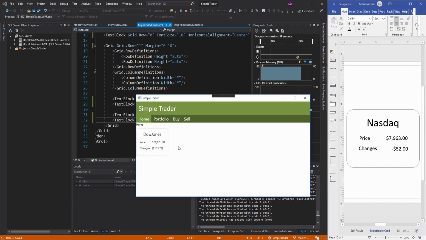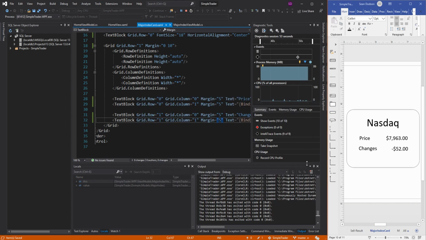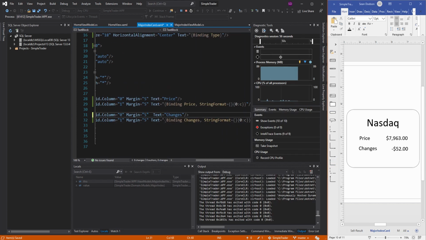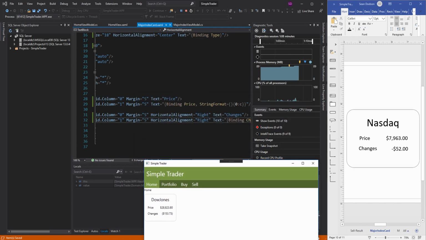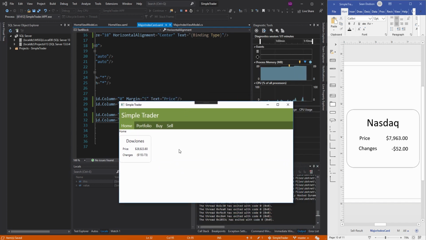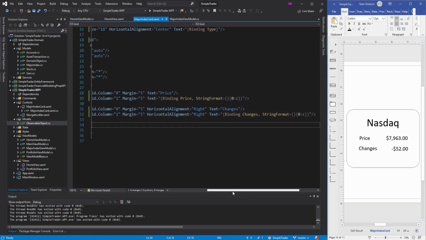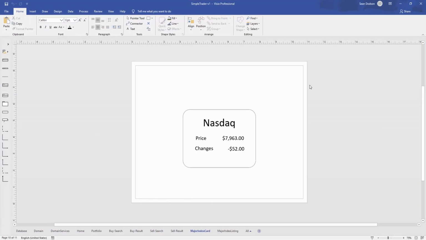Actually, I want to horizontal align these two right, because that's what we have over here. So horizontal alignment right. And there we go. So another thing is it puts parentheses around negative numbers for this string format for currency, and I'm actually okay with that. The negative number is kind of cool, but you can't go wrong with just the parentheses. So our card looks good,